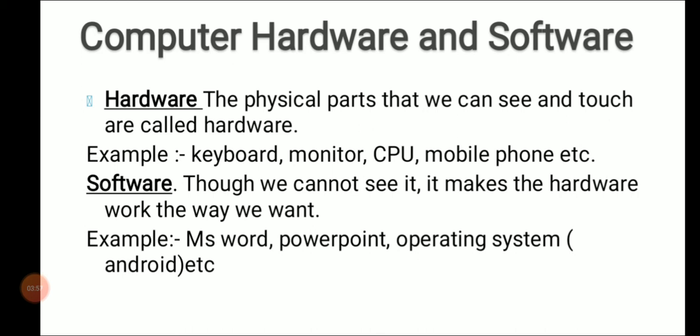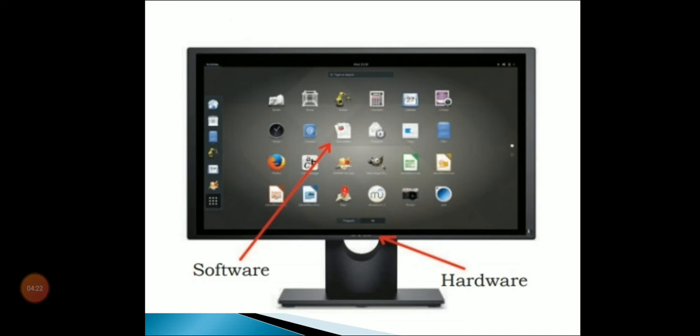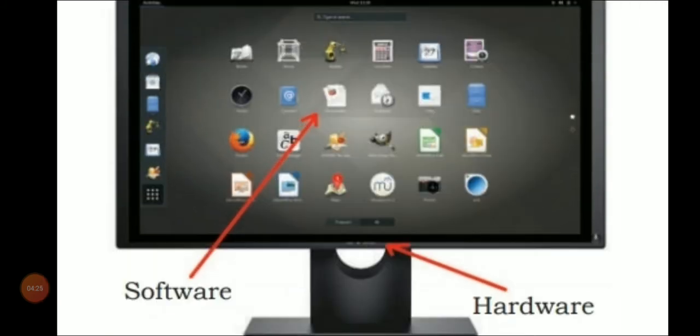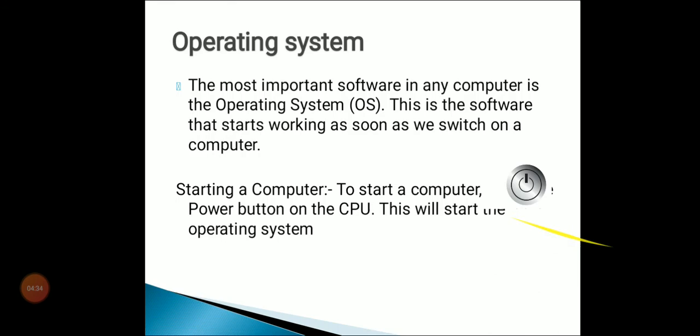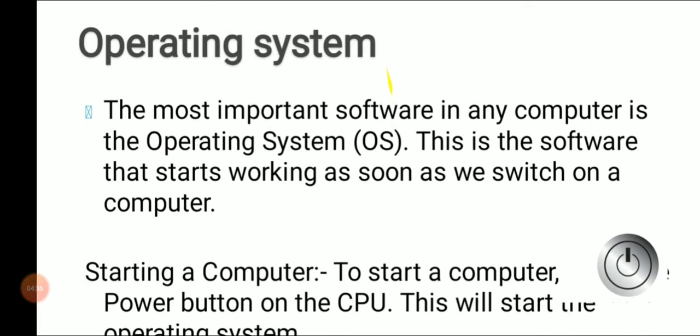In that hardware, we install certain applications, like your WhatsApp, that you can only see, we can't touch. They are all software. Your MS Word, PowerPoint, and in a mobile phone, which phone do you have? I have an Android phone. So what is Android? Android is an operating system, or a software. Next, this one is your computer. In your computer, your monitor and your keyboard are hardware, and the applications inside your computer are software.